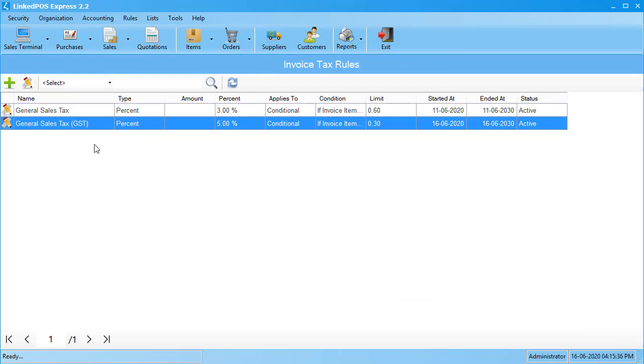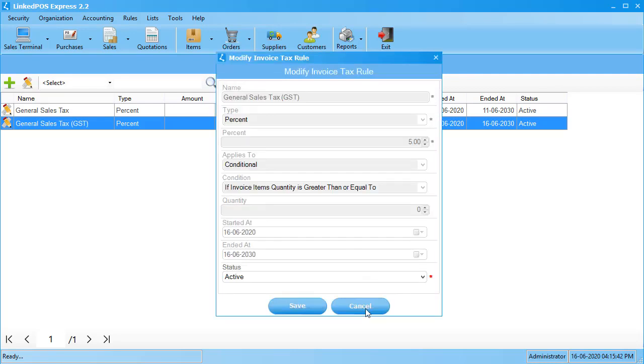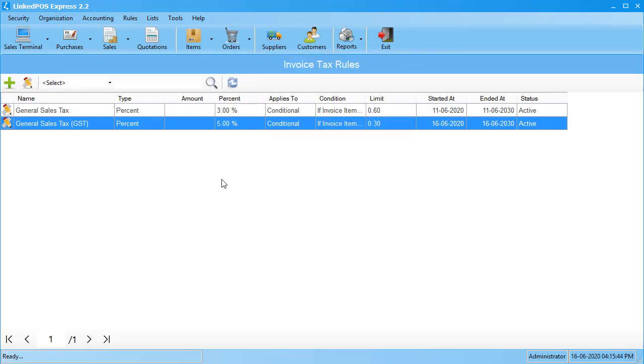If you ever want a detailed view of the rule, you can double click on it and it opens up the viewer. Note that you cannot edit a rule once it has been created because it may cause inconsistencies in maintaining your accounting books. If you ever want to change something in a rule, you can deactivate it by choosing